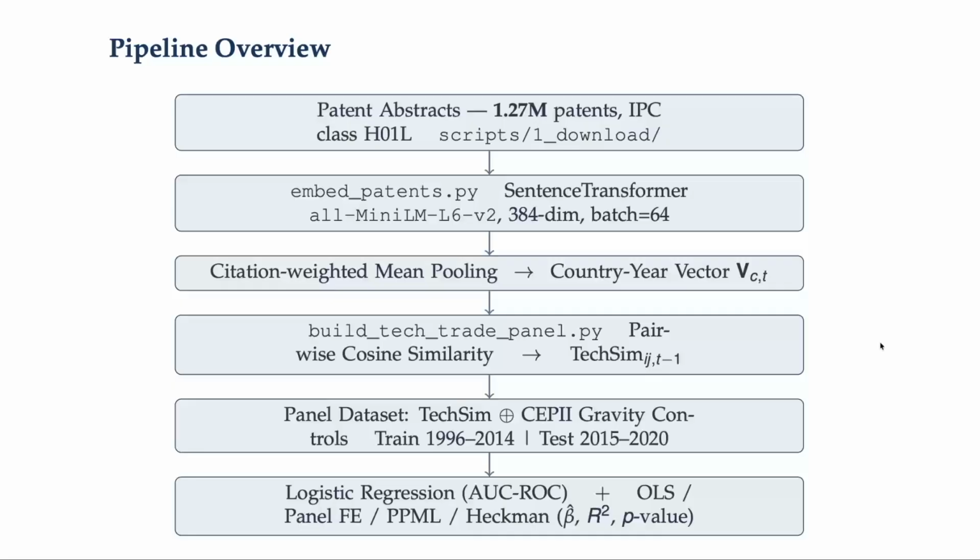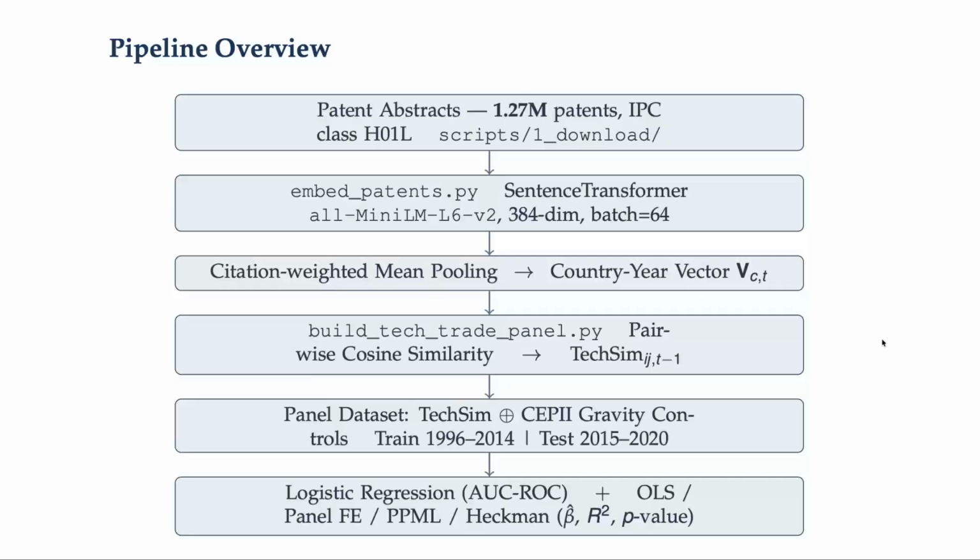So collecting all the abstracts and the sentences and the words, I do pre-processing by making small sets. The patent abstracts cover 1.27 million patents. The dataset itself we're going to see, but we extract the patent abstract and use